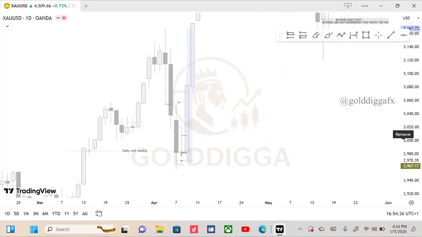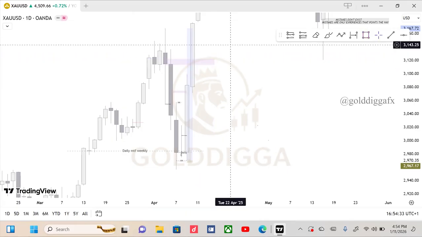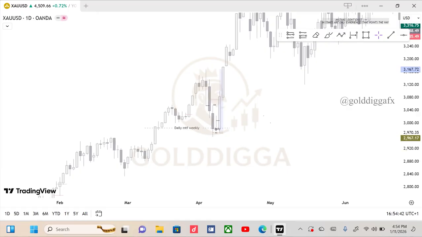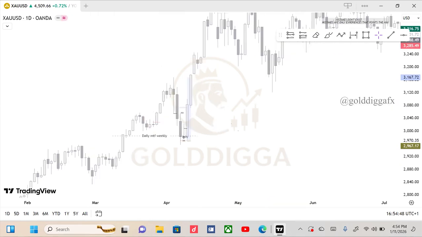If I was selling from somewhere here, a 4 hour here, with good reasoning, then yeah, you can anticipate this one to change the storyline. This is just an example, right? Because like you all know, storyline goes from time frame to time frame. Like it goes from the daily level to the daily level. It doesn't go from a daily to 4 hour. So if you have a daily support right here,